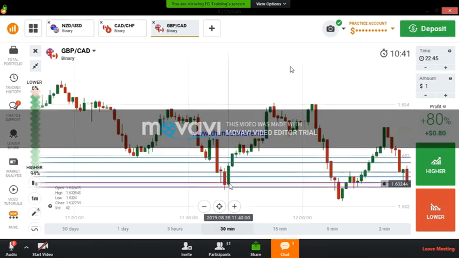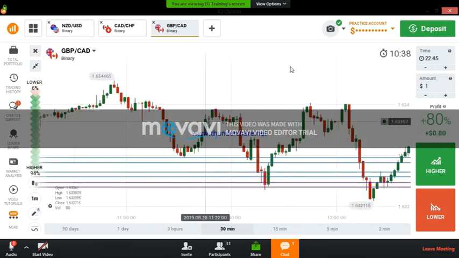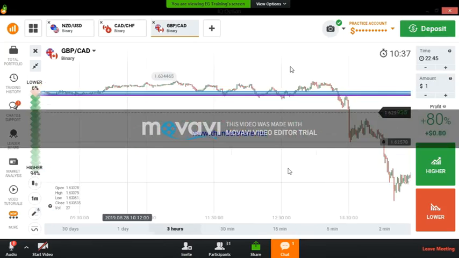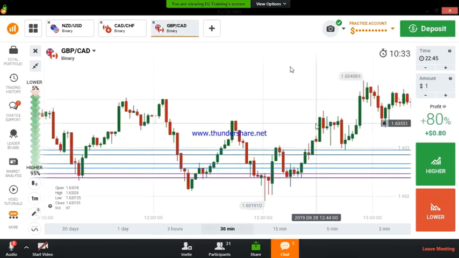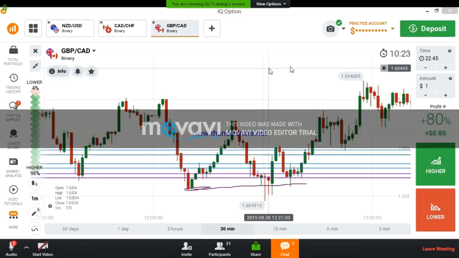Here, sir, 1 minute. Can you please move the graph towards left? Yeah, here only. What about this level, sir? Because this level is also respected 3 times, I think. Yes, I can also take that level as a support level. Can I take? We are checking only these levels, right?